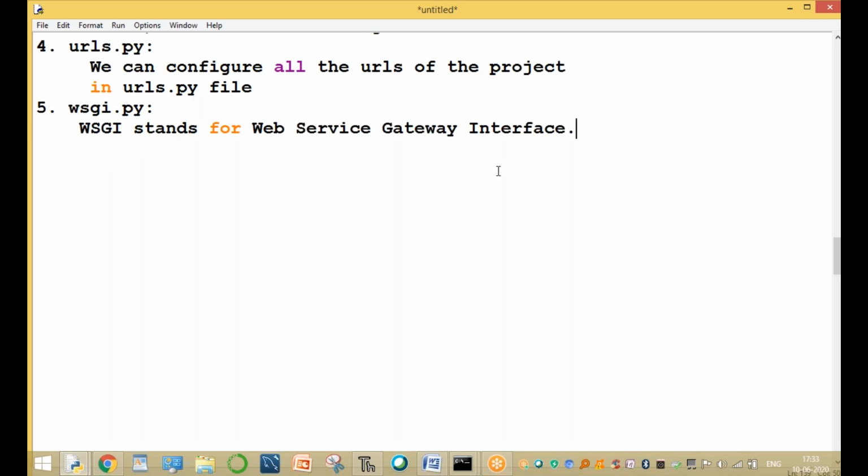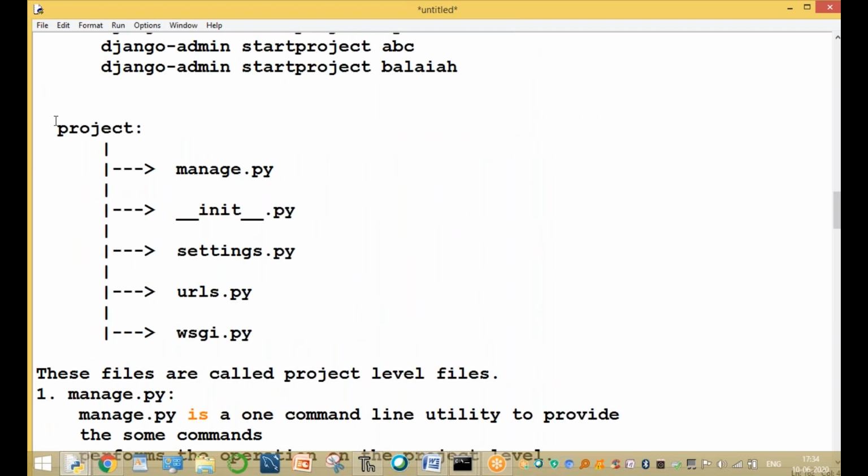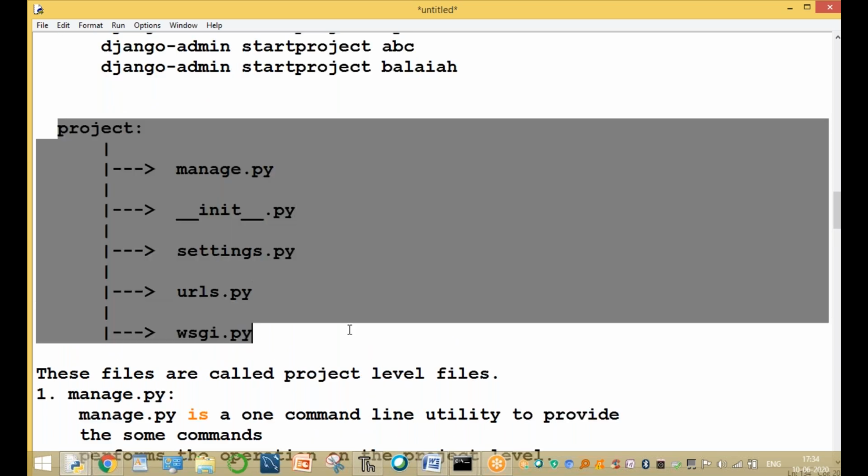It is not developer level, it is completely a server level file. It is not for developers or programmers. These are the five files in the project level files. After creating a project, these are the important files.